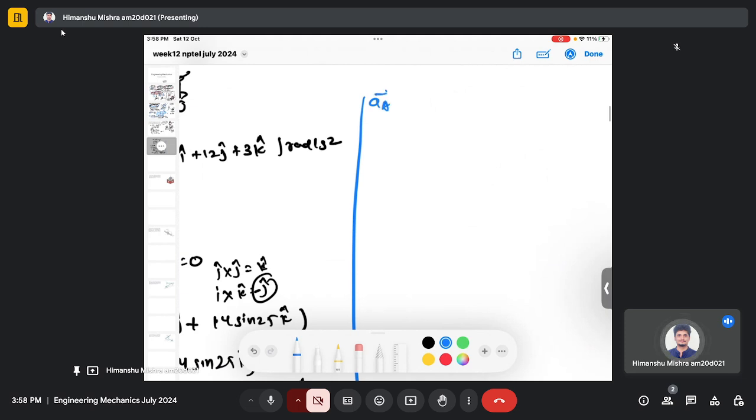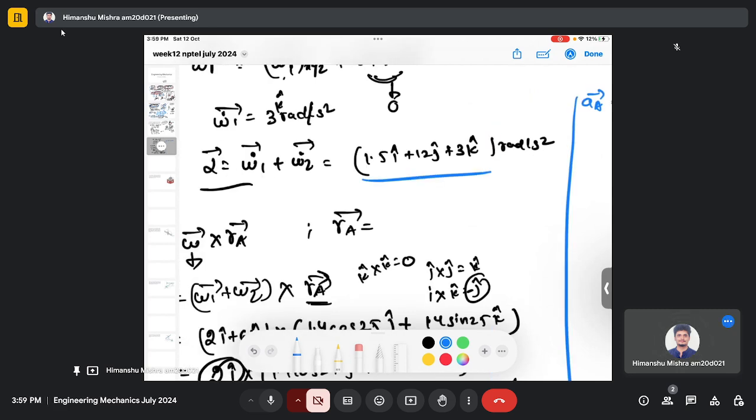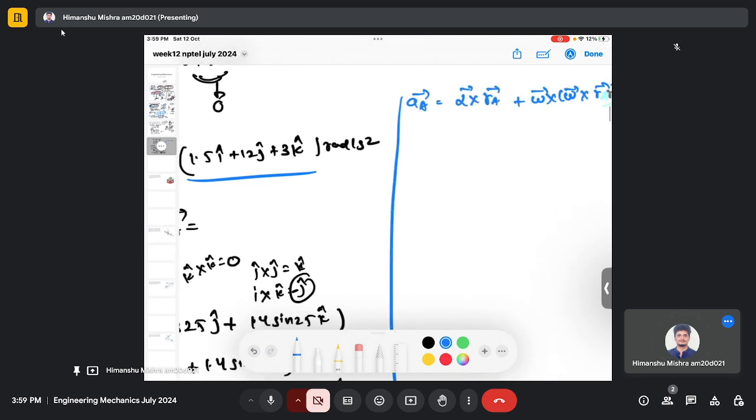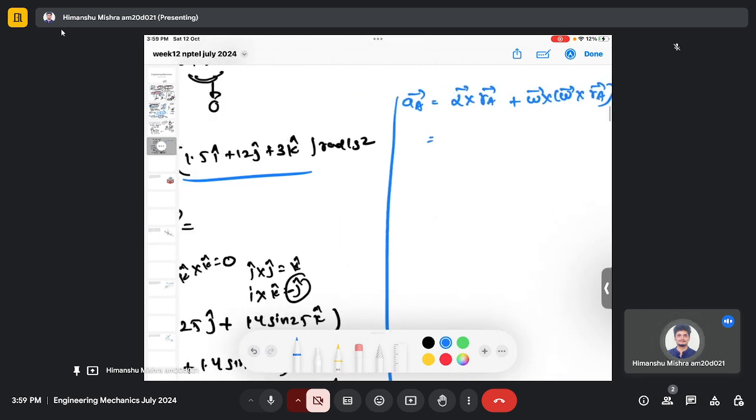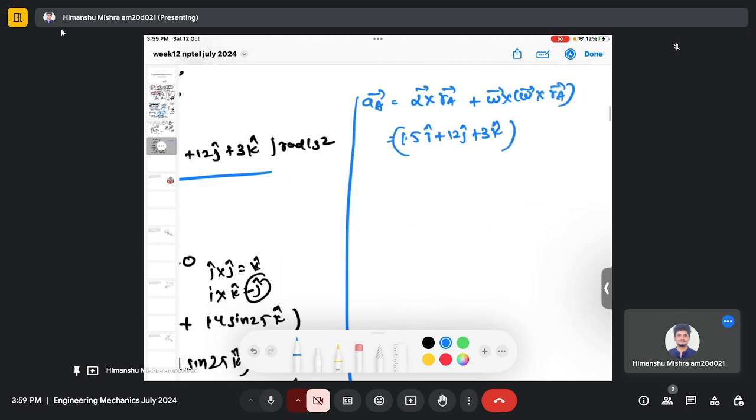So your acceleration of point A will be alpha cross RA plus omega cross omega cross RA. So we have already calculated alpha, which is this: 1.5i plus 12j plus 3k cross RA,